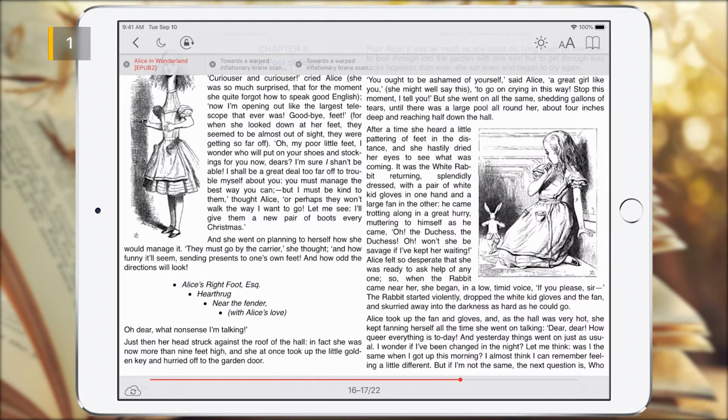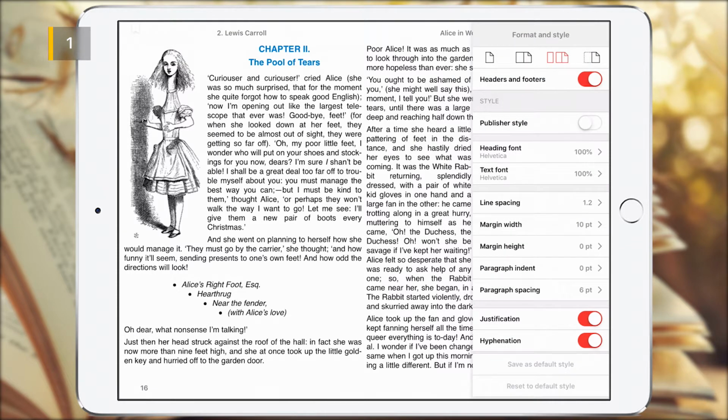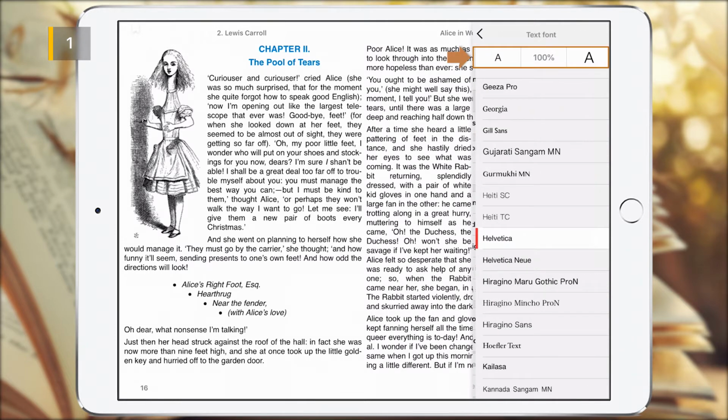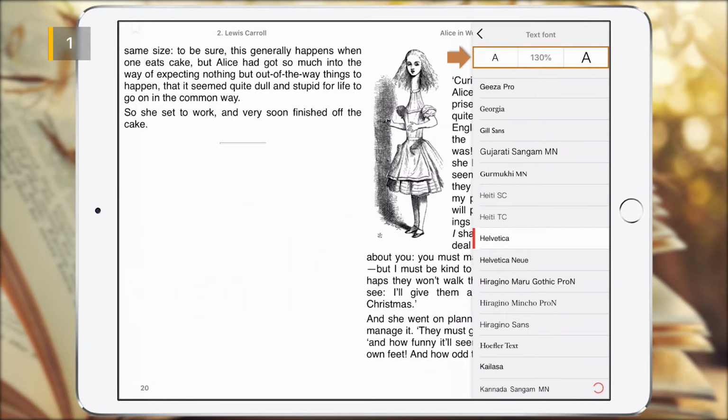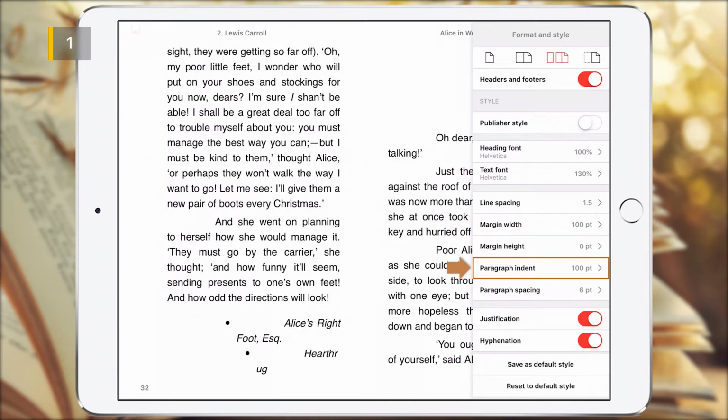In case of a reflowable format, the reader creates an ebook layout each time in a new way, in accordance with the specified layout settings and screen size and orientation of your device. If the font of the book is too small for you, you can always enlarge it. You can also change line spacing, margins, indents and so on. In all these cases, the layout of the book will change, and you should be prepared for the fact that the position of some illustrations, relative to the other illustrations and text, will also change, which isn't always convenient.